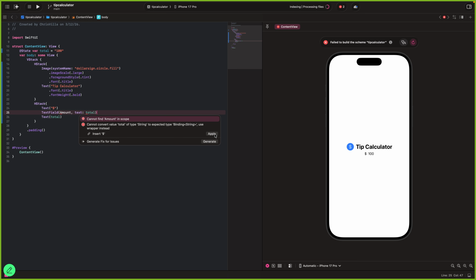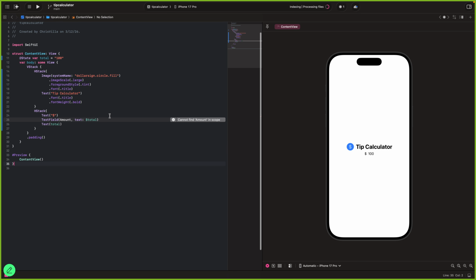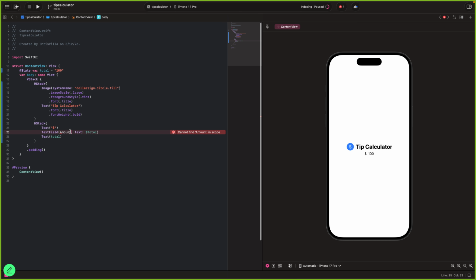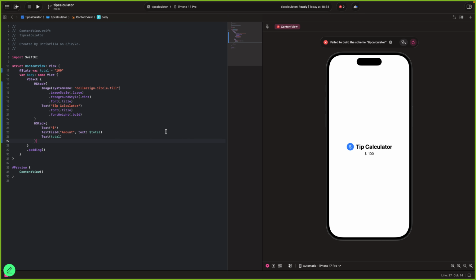And now you're just gonna apply the $ sign. Wait, I forgot to add the quotation marks, my bad. Just restart it. Now it's working. Oh wait, I forgot to do this.